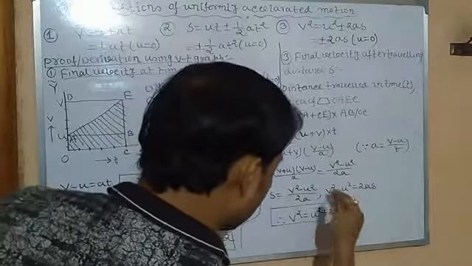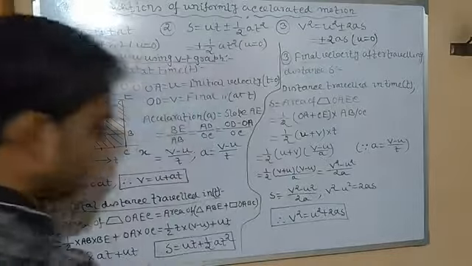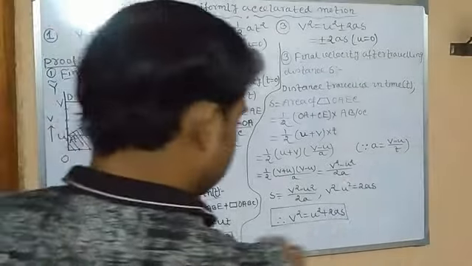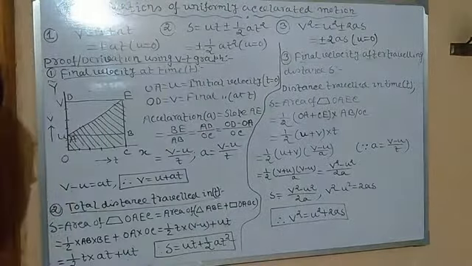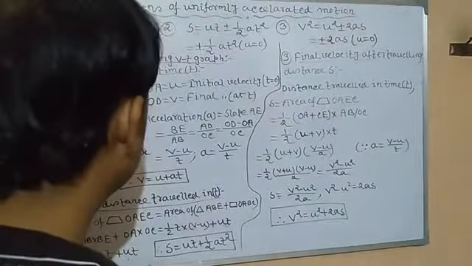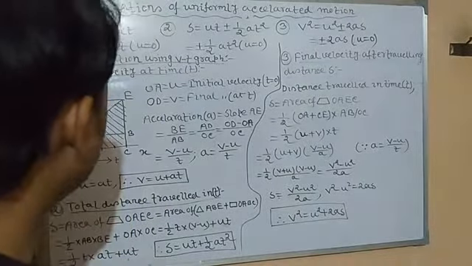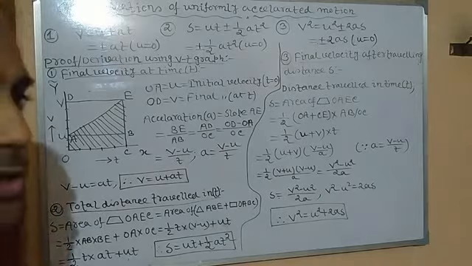So V square is equal to, transforming minus U square to that side, V square is equal to U square plus twice AS. So we have already proved all these three equations. Again I am saying,